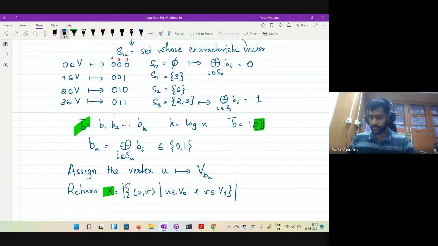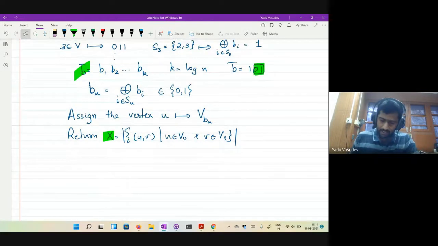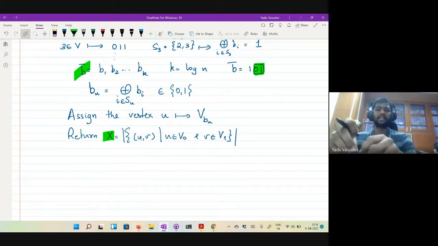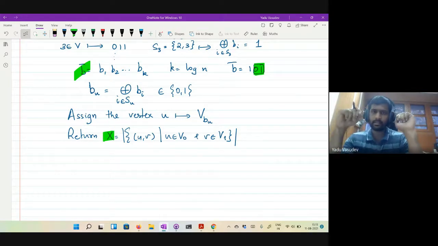Now let me ask the following question before we analyze this. Suppose I take 3 vertices. Earlier, when I took 3 vertices, the events corresponding to whether these vertices are in particular sets were completely independent. Do you think that independence still remains if you take 3 vertices?